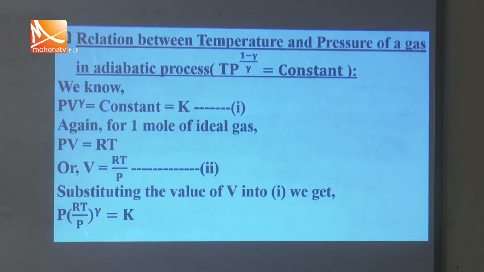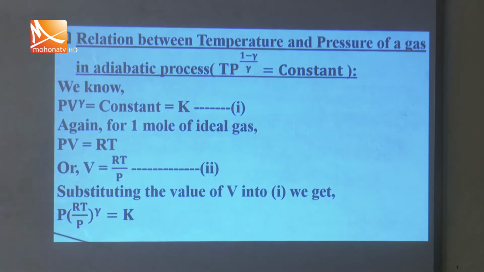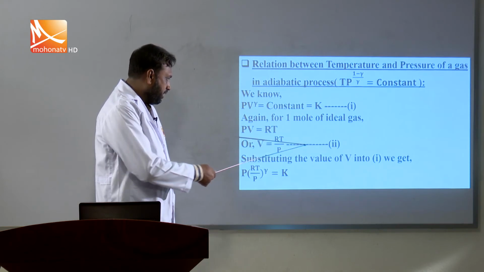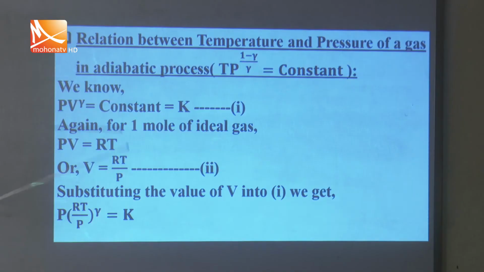Now another relation between temperature and pressure of a gas in an adiabatic process, that means T P^((1-γ)/γ) equals constant. You know PV^γ equals constant. This is equation number 1. Again for 1 mole of ideal gas, PV equals RT or V equals RT divided by P, equation number 2. Now substituting the value of V into equation number 1, we get P into (RT/P) whole power γ equals k,